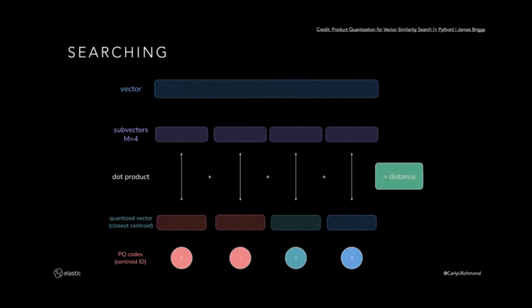Then we get to the searching portion, which again is still going to use the codebook element. So you'll see that with the vector and the subvectors, we're going to find the closest centroid, again, using the PQ code lookups from the codebooks. And then we're going to calculate the dot product to get the distance between these vectors. So effectively, we're doing the multiplication element of the dot product and then adding them together to get the difference. Part of that, I guess, you also have an oversampling argument, to try and potentially find the edge case centroids that might not be part of a particular code or residing in another codebook that might not be semantically close. But you have this basic idea of how quantization works.